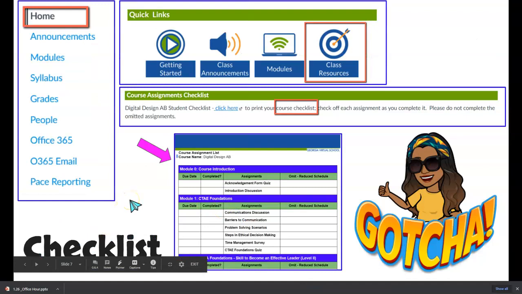I always like to remind you guys to locate my checklist. Okay, the checklist is very important. If you click on the Home tab and then select Class Resources, you will be able to find my course checklist. This checklist is very important because it's going to be your guide to completing all of your assignments correctly and on time. So there's a column to see what assignments you have to complete,